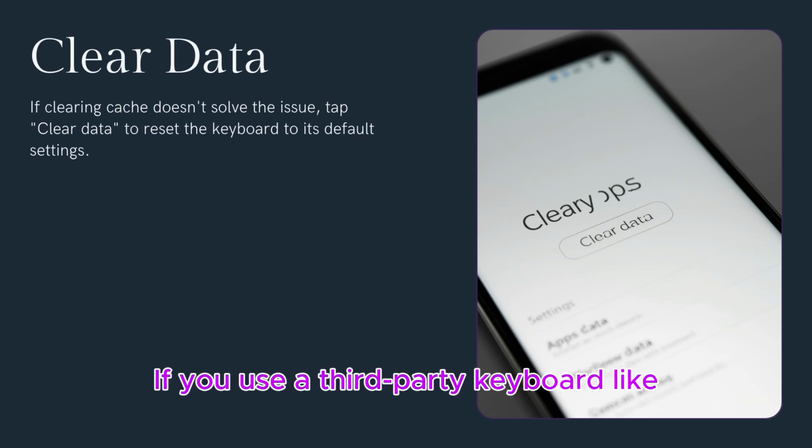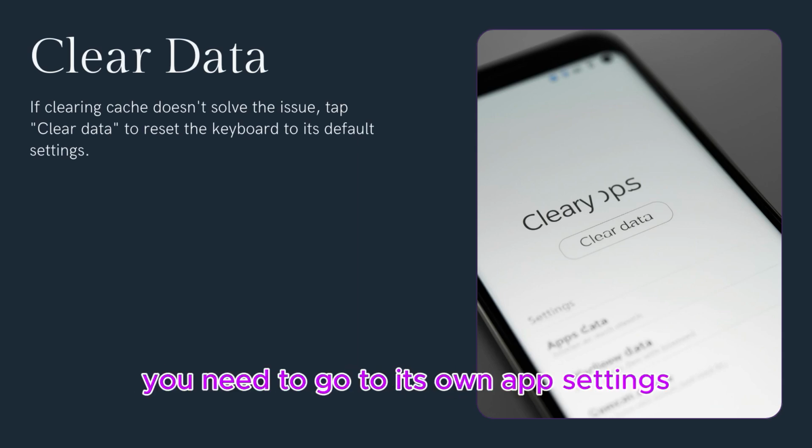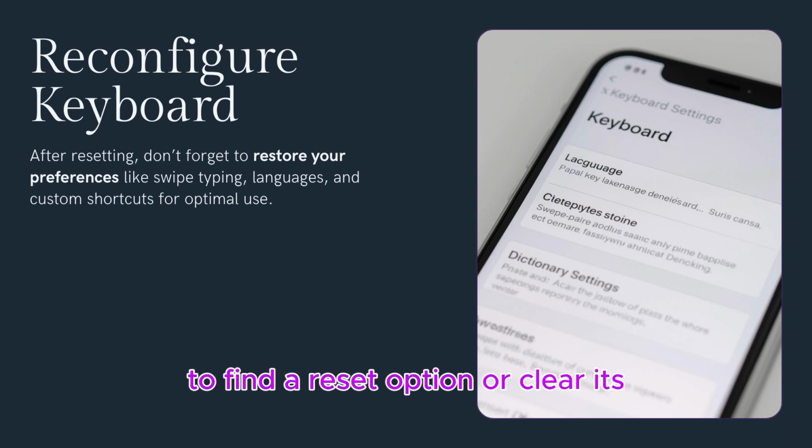If you use a third-party keyboard like SwiftKey, you need to go to its own app settings to find a reset option or clear its data in the same app's menu. This process should resolve most